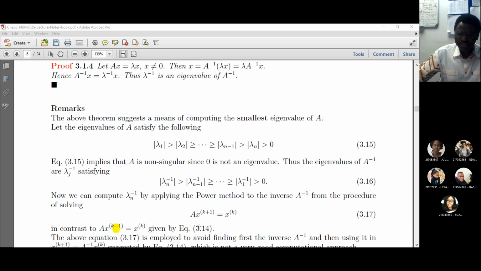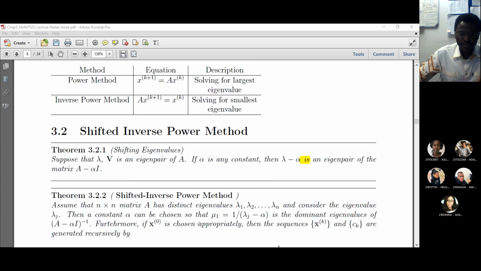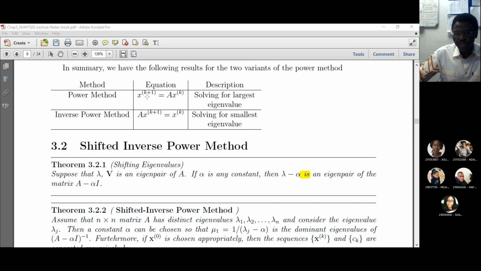So you see that we avoid going through all that hassle. That is for the power method, not for the inverse power method. We don't obtain the sequence of xk's directly, because here it's just matrix-vector, and you get it. You have your xk's. But for the inverse power method, because we are applying the power method to A inverse, of course, without inverting the matrix. Be careful. We do that without inverting the matrix. And to avoid inversion of the matrix, what we do, at each iteration,